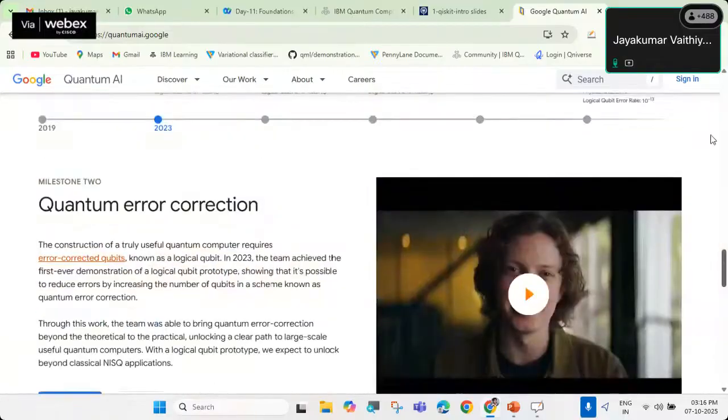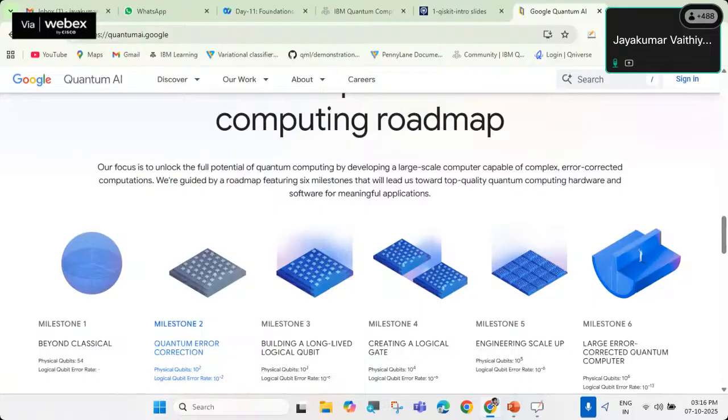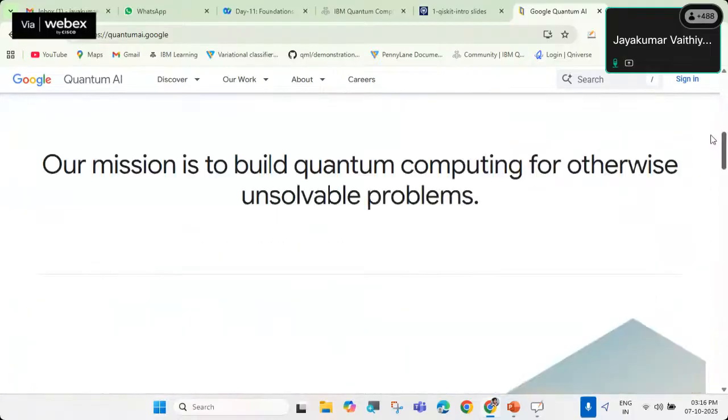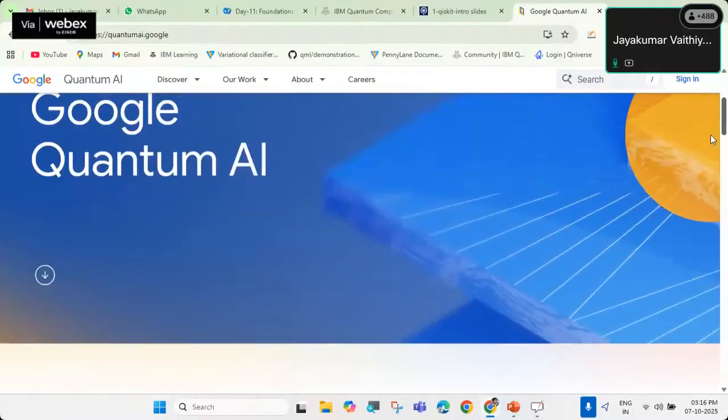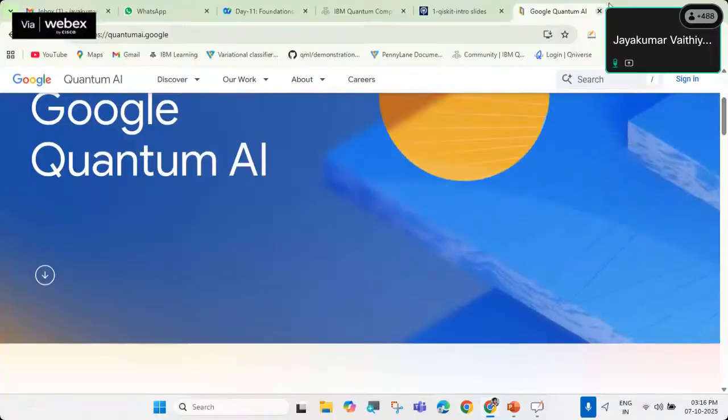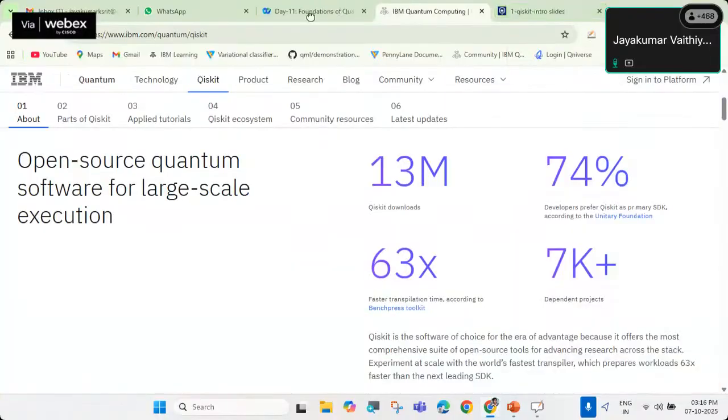But when compared to Google, Qiskit has more documentation on proper channels. So you need to know all the options available in the market, right? And there are totally 7,000 independent projects developed using Qiskit software. So in future, if you want to develop any project, try to use Qiskit as